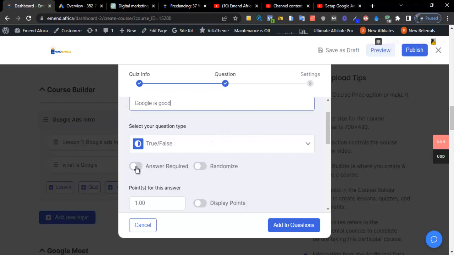So then answer required, it means they cannot skip this question. They must answer this quiz before they can go to the next course. So if you don't make it required, it means they can skip. So they will see the question, but it will be optional. If they want to answer, they can answer. If they don't want, they can skip. But if you make it answer required, it means they must answer this question before they can go to